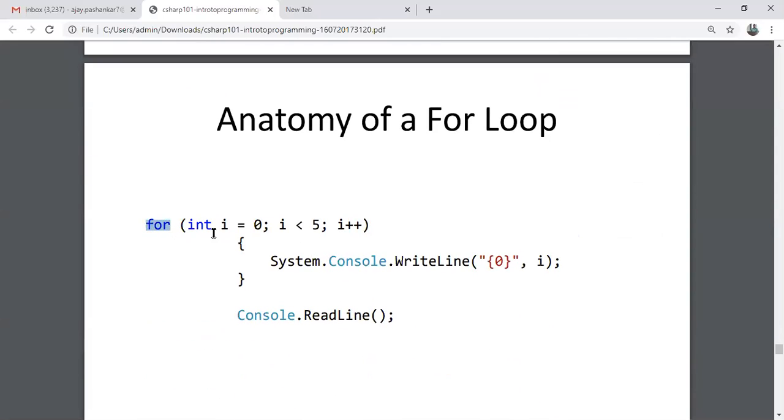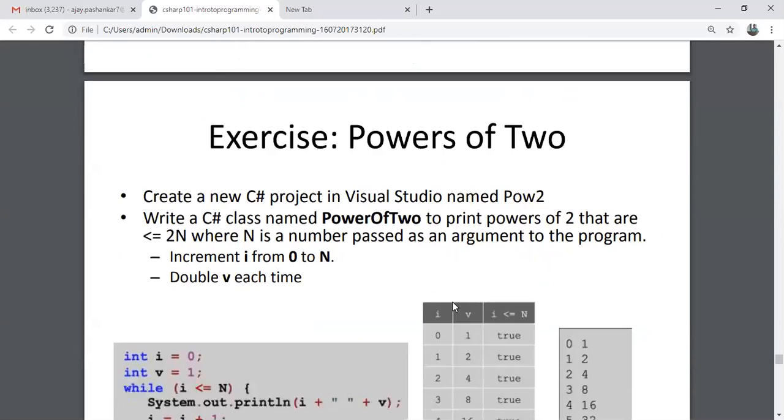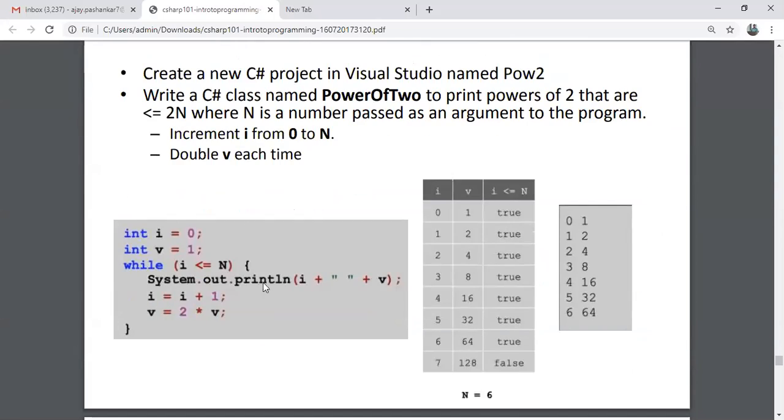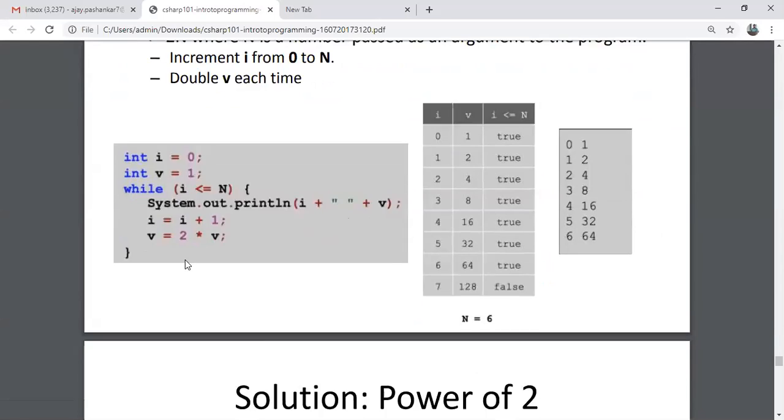Here they have taken for int I equal to 0 till I is less than 5, I plus plus. So we are printing the value of I, starting with 0 till I gets to 5 from 1. So output will be 0, 1, 2, 3, 4, 5. Done. The power of 2 is very simple. We have already discussed power. Difference between power and exponential. Power is value to that number.